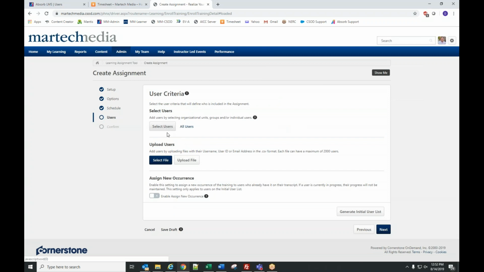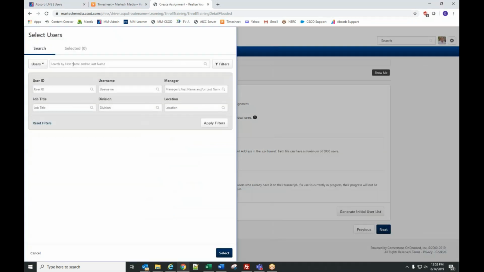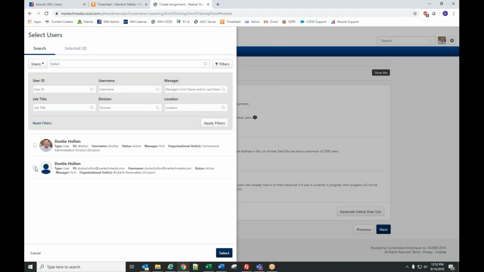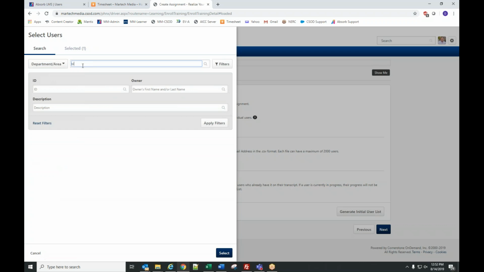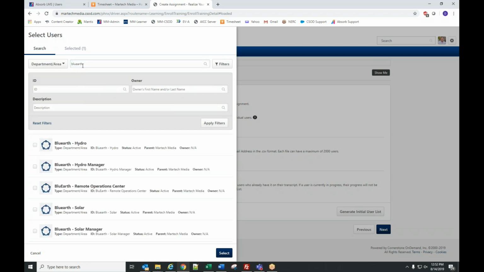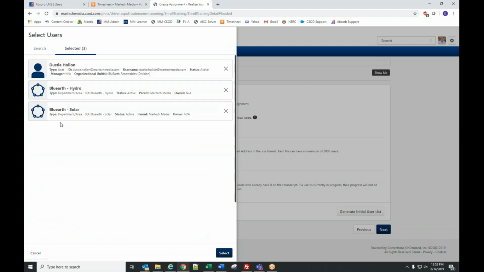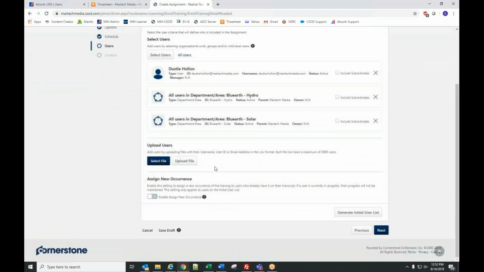Then I select my users, and I can select individual users by searching for their name. I can search for department. Let's say if I want everyone in the hydro department, I can select that, and we'll say solar as well. If we go to selected, we'll see that I have 1 user and 2 departments selected. If I click select, it will add those